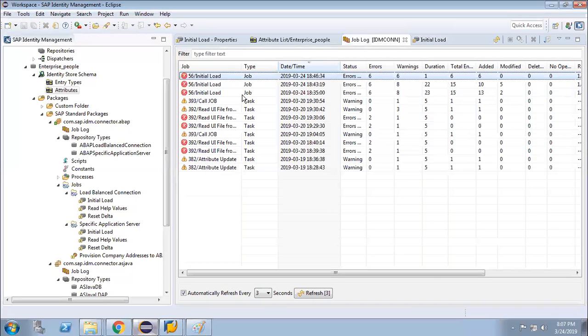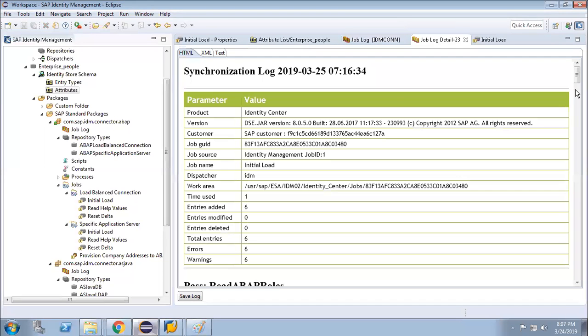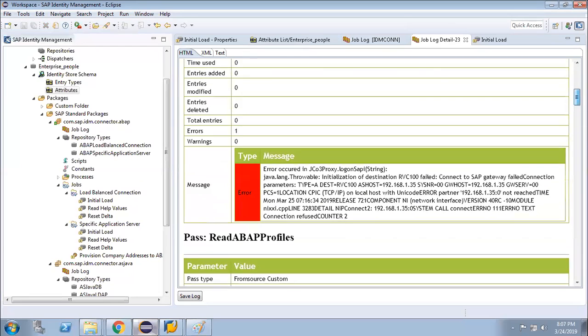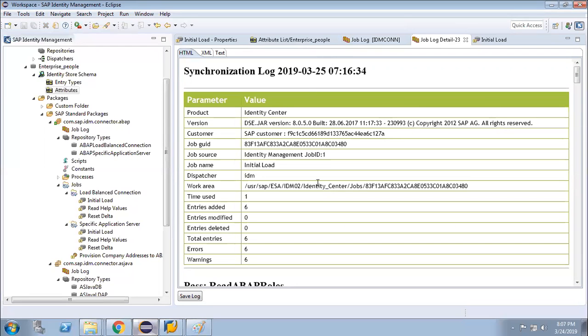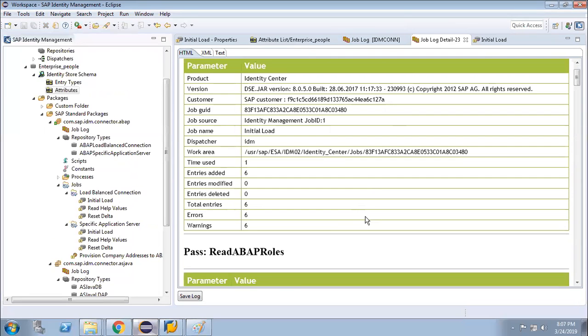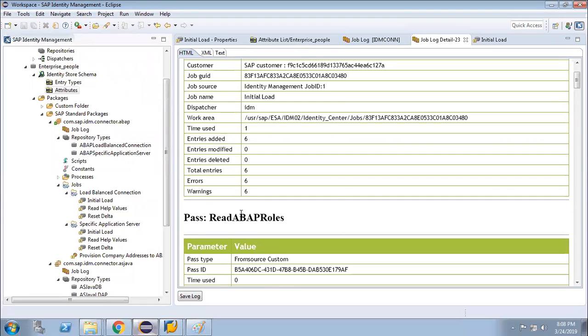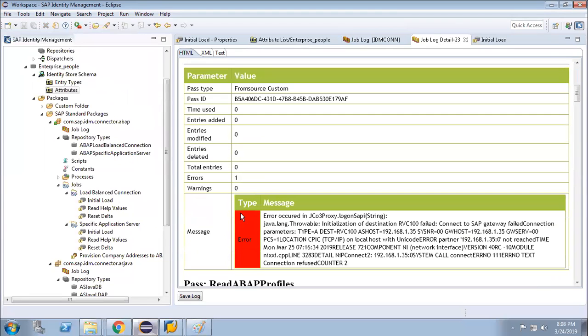So this error is something we can see directly, the other logs are not there. It's the first thing that comes in the read above. Again, this is the error name: partner not reached, the localhost Unicode partner.